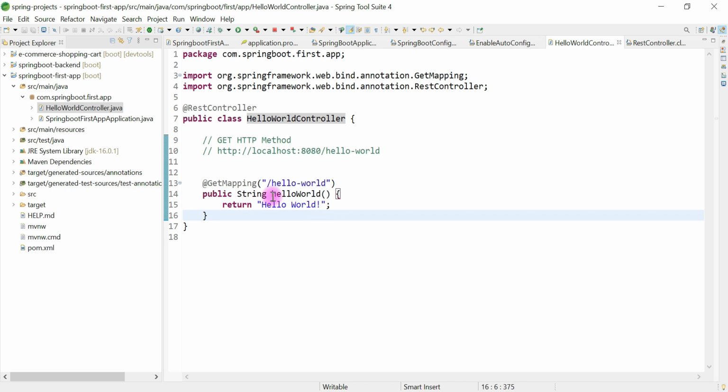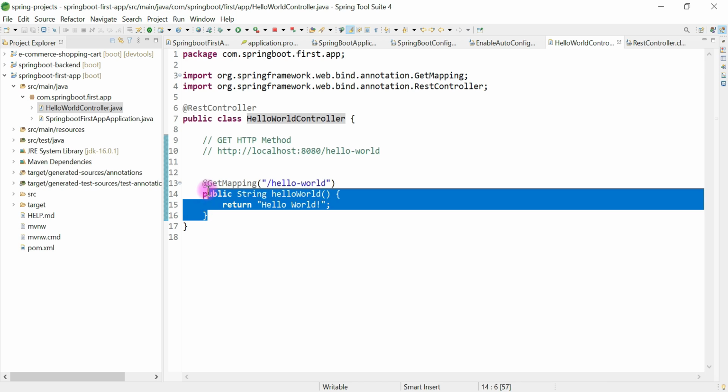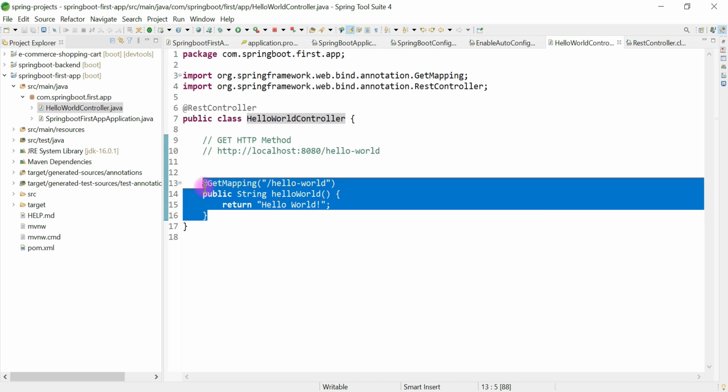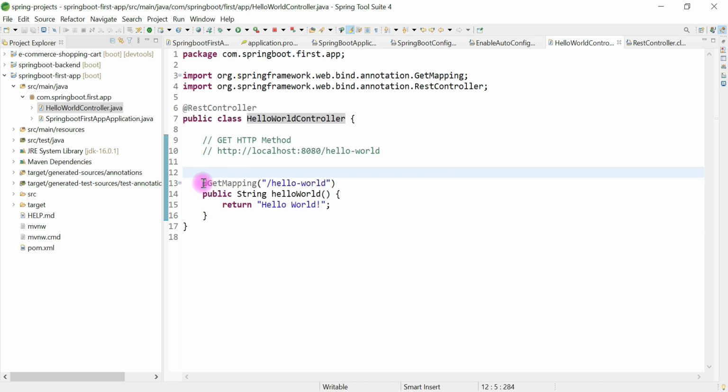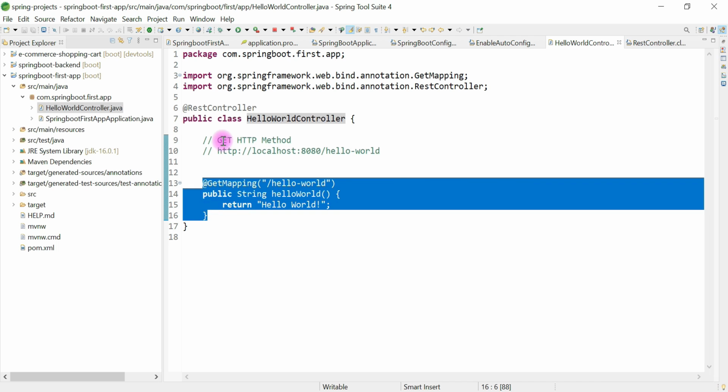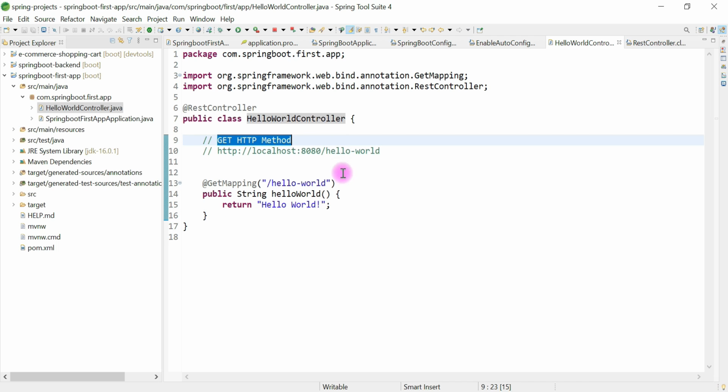Create a method and annotate it with @GetMapping so that this method serves as a REST API that can handle HTTP GET requests, and a client can use this URI to call this REST API,